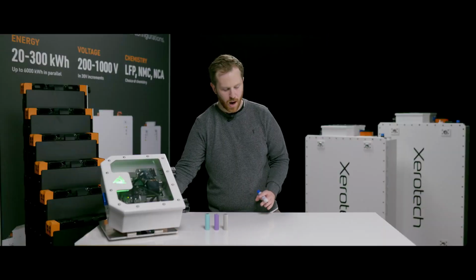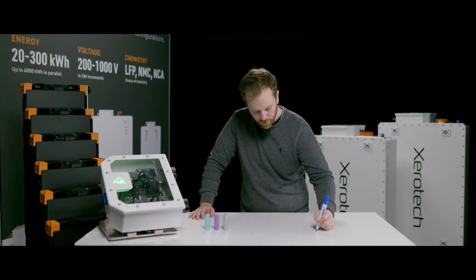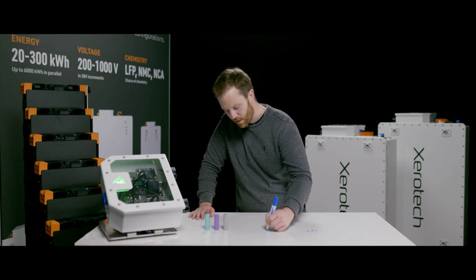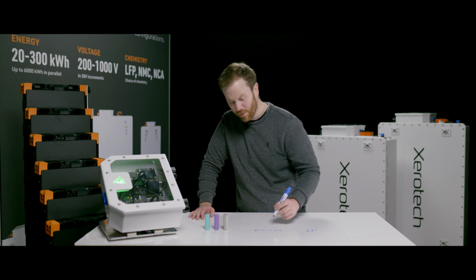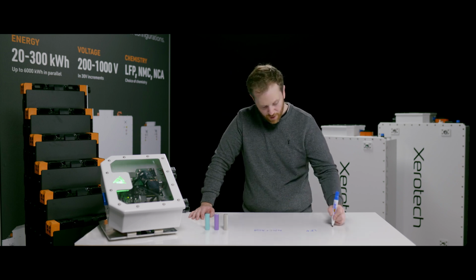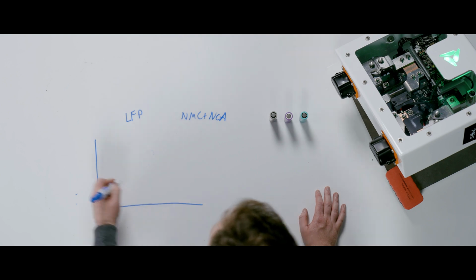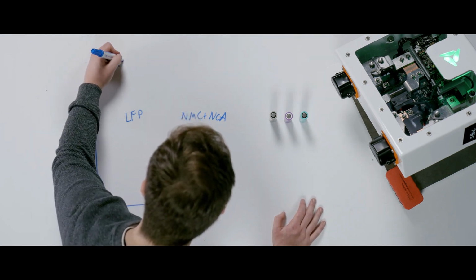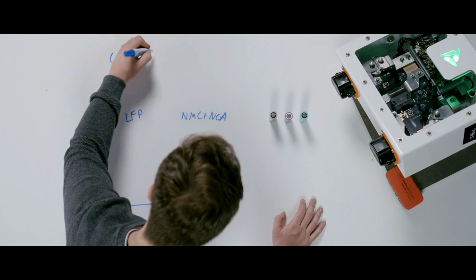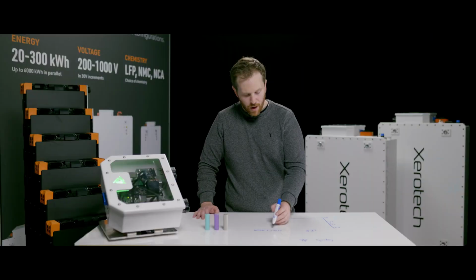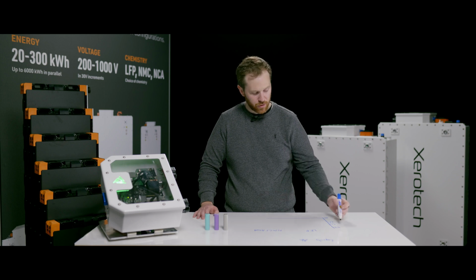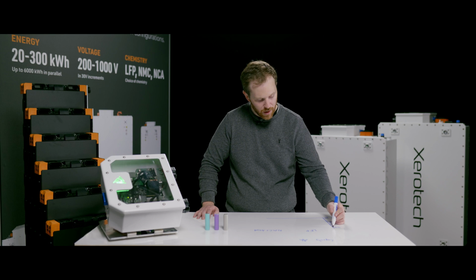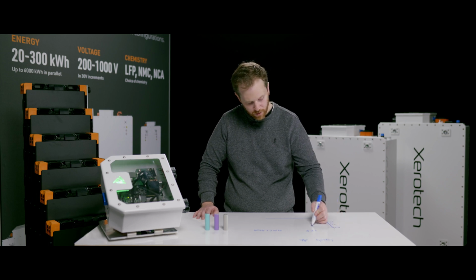So if we look at our common chemistries here of LFP, NMC, and NCA, for the purposes of this, they are effectively the same. A battery has a voltage discharge curve. And if we remember, the capacity of a battery cell is in amp hours. It varies from chemistry to chemistry what that voltage curve looks like. But for an NMC cell, it might look a little like this,